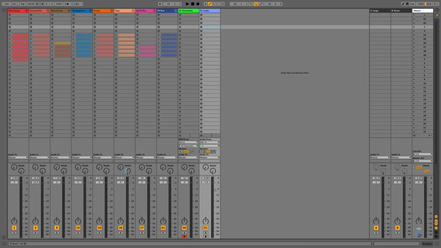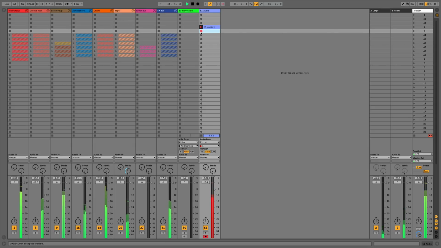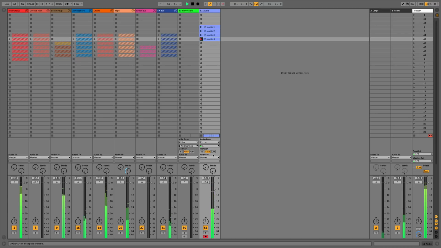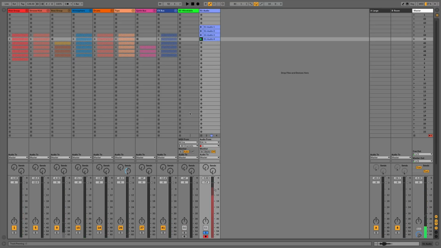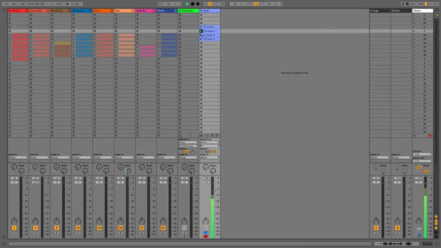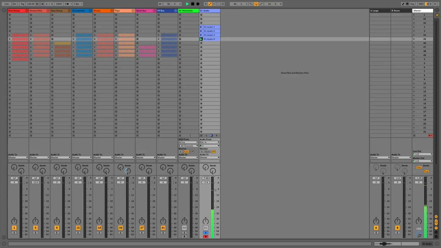And then what we can do from here is just record different parts in. So we've got this part, which would be take 1. We can then move into take 2, take 3, and then take 4. So what we can do is now listen back to these, record different parts in. We've got this part, we can then move into take 2, take 3, and that is how we would be able to record in Ableton Live.